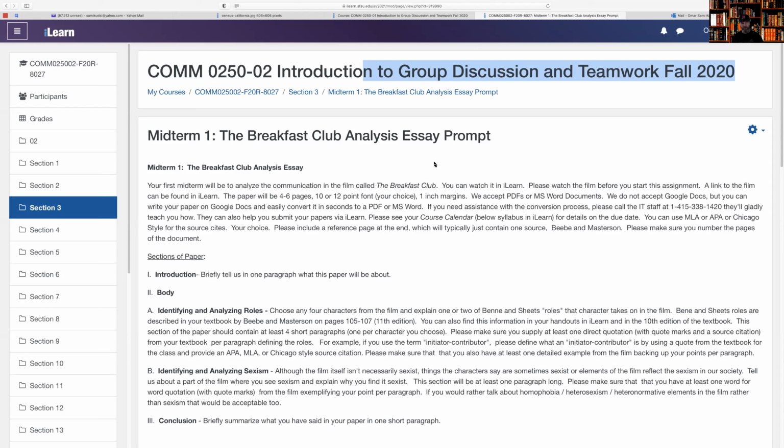We're going to analyze the film as a way to learn more about communication and make sure that the stuff that we're studying in class actually pops out, because sometimes things don't really pop out very well. They just sort of sit there in the book or in the lectures. And so this makes it more tangible.